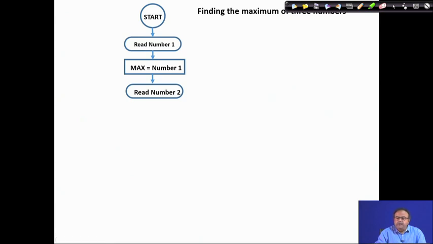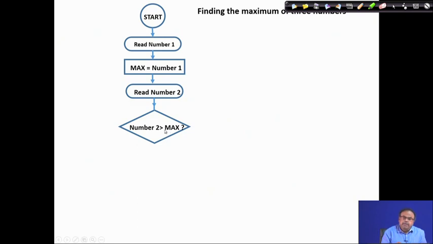All right. Now, I read the second number. Now, which one is the maximum? If the second number is greater than the first number, then the second number will be the max. Now, when I read the first number, I set that to be the max. So, now after reading the second number, I can compare the second number with respect to the max. If the second number is greater than the max,